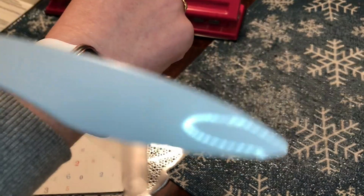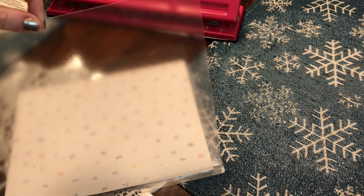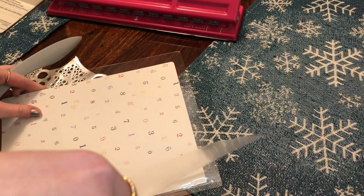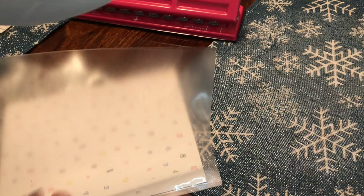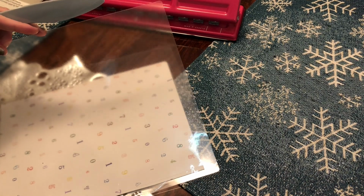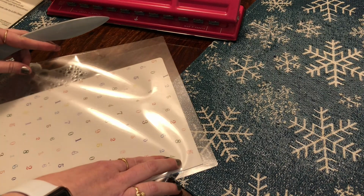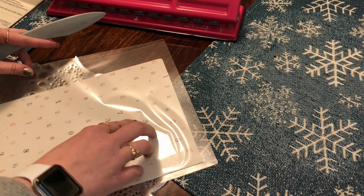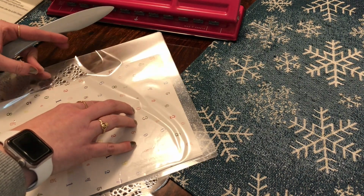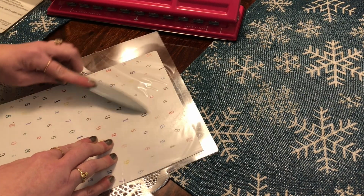So I had a feeling this was going to happen, so that's why I grabbed this boning knife, and I think I'm going to turn this sideways just to make it a little bit easier for me. Sorry if it's a little out of view. So it says to start and work your way. So we're just going to go very slowly, very carefully. Let's see, I have a pocket here. So I'm just going to use my little